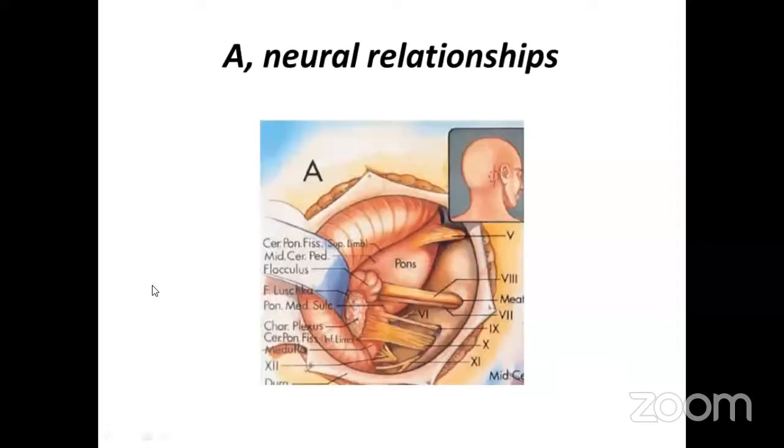So this is the last slide, and this is the posterior view of the retrosigmoid. If we see from the retrosigmoid approach a little bit posteriorly, we have the relationship of these nerves like this. Here we can see the fifth nerve originating from the middle part of the pons. In the middle is the vestibulocochlear complex that goes into the internal acoustic meatus. This goes into Meckel's cave, and inferiorly we can see the choroid plexus, which is overlying the 9th and 10th nerves, and these go into the jugular foramen. And this part of the cerebellum is the